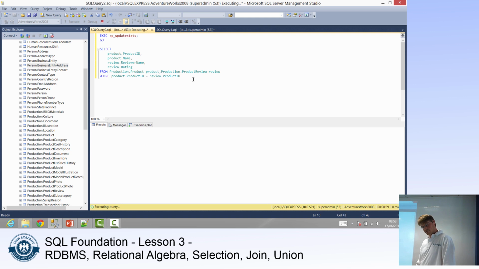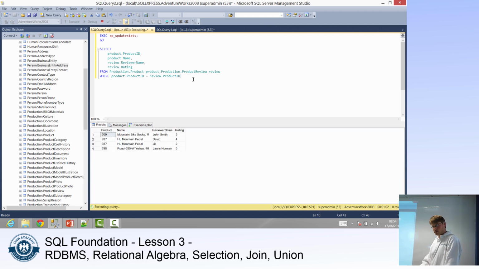Okay, that's always a bit of a problem, actually. For example, in my case, when I ran the cross join without the inner join to begin with, it did the full scan on the product table and the full scan on the review table. And then it did a hash join. Hash join meaning that it actually hashed the whole table first, both those tables, and then did the hash join, which is more expensive than doing it the way it did now. But because then I ran the inner join